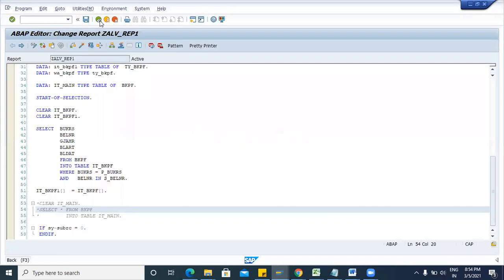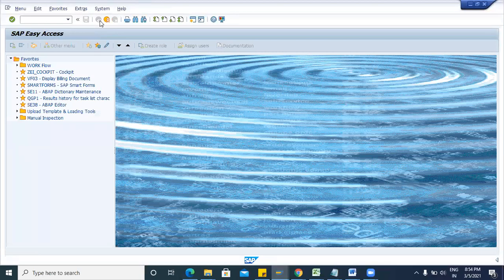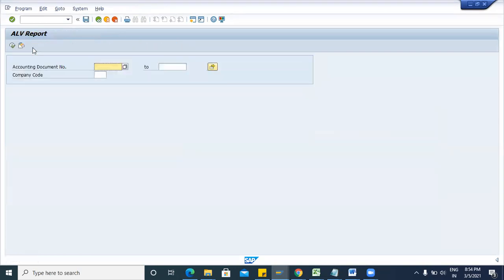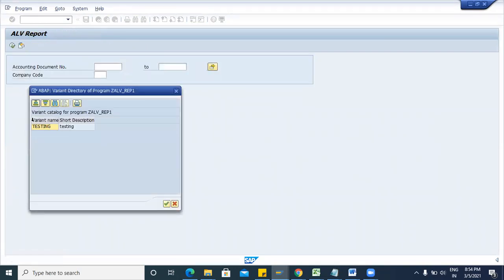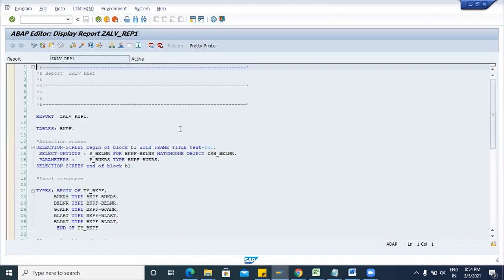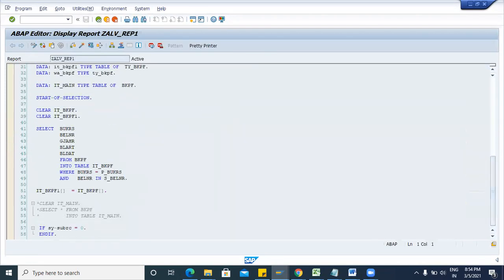Now let me run this transaction SE38. We will pass this program name, then press this execute button. Now you can select your variant. Now run your report. Put a breakpoint first because we did not declare any ALV now.